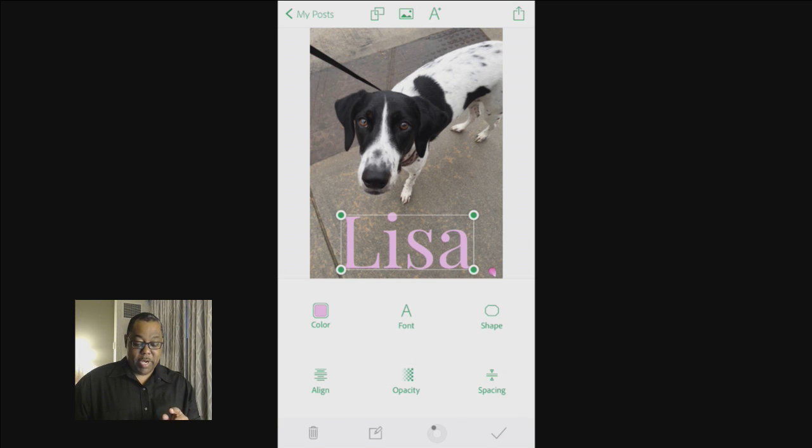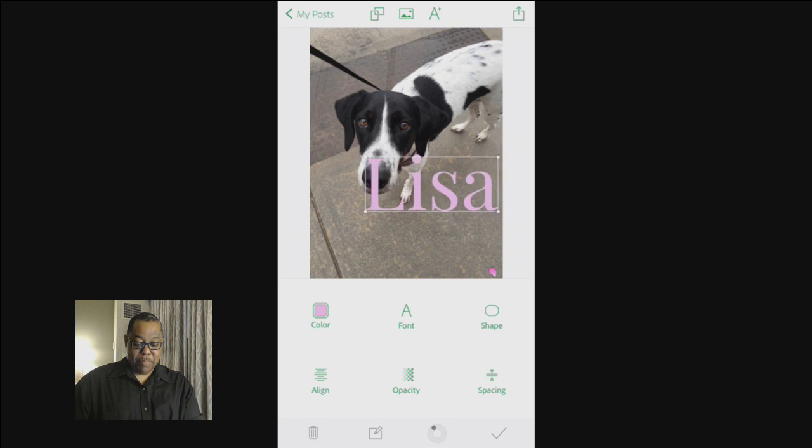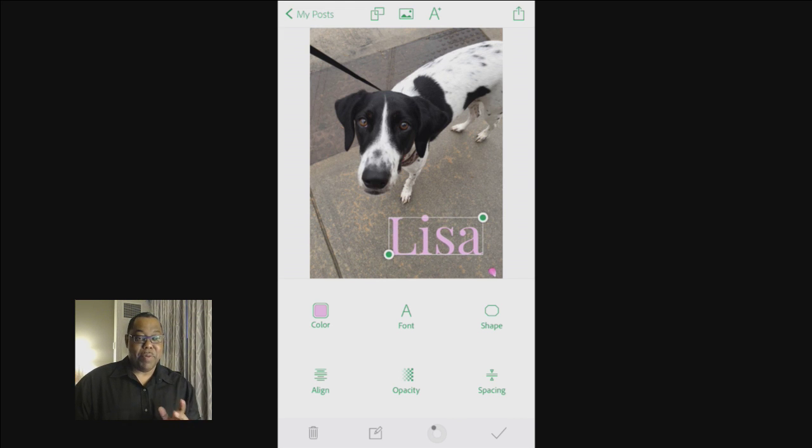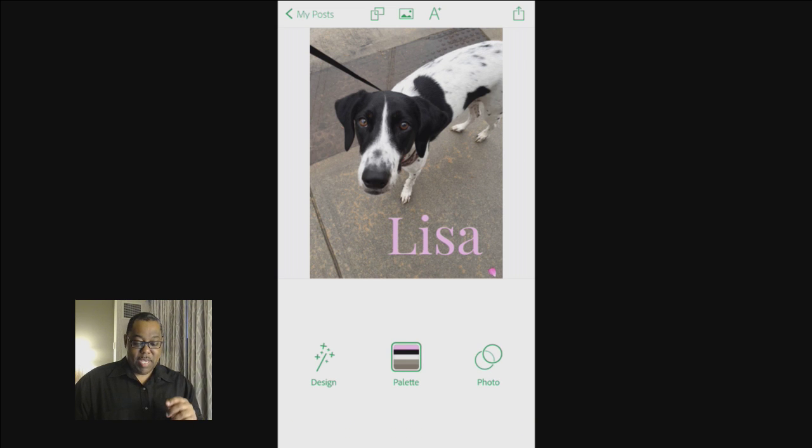Okay, so now at this point, if I'm happy with it, again, I can pick it up, move it around, size it, and it magically keeps everything in proportion, puts it where I want it to be. And now at this point, if I'm okay with it, I can go ahead and tap the plus sign or the OK button, and I can add more text. I could filter the photo. I could do whatever I want. Let's try